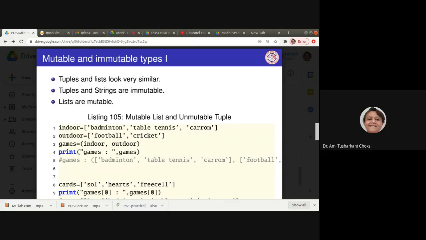Do not forget that, okay? Tuples and strings are immutable and lists are mutable, right? We already know what is immutable and what is mutable, but let us now try all of them together to have the idea, okay?